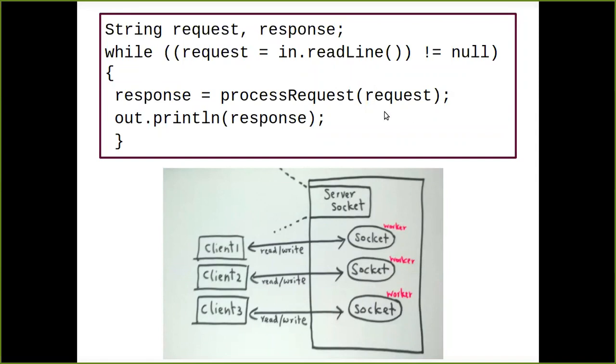Now to process the value of the request, I have a specific method called processRequest. Process request is a method which is going to process the request value which is stored from this condition, and that value is going to get stored inside your response, which is going to be printed with the help of a print statement when you call this variable name inside it.